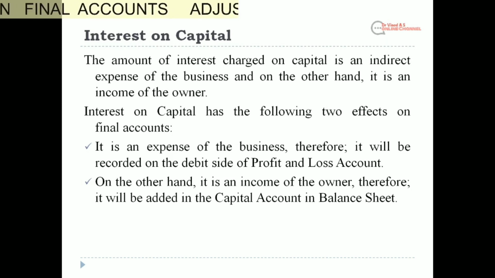The next treatment is interest on capital. The amount of interest charged on the capital is an indirect expense of the business, and on the other hand, it is an income of the owner. Interest on capital has the following two effects on final accounts. It is an expense of the business, therefore it will be recorded on the debit side of profit and loss account. On the other hand, it is an income of the owner, therefore it will be added to the capital account in balance sheet. So this is the treatment of interest on capital, and interest on drawings will be there